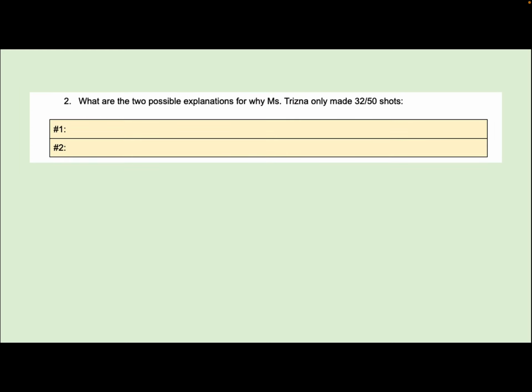All right, for question 2, there are 2 possible reasons for why I only made 32 out of 50 shots. So one of them is it could just be that I had an off day. But I am an 80% shooter.